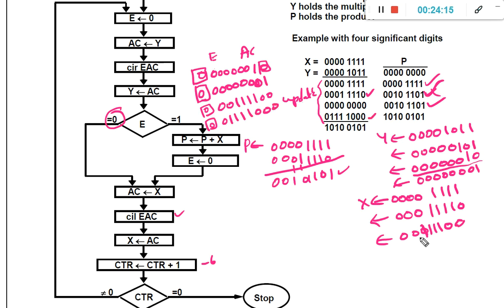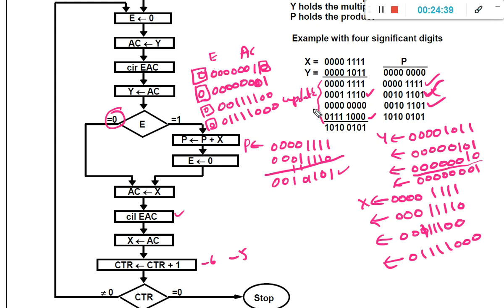So now the updated x value is 0 1 1 1 1 0 0 0. So assign the accumulator to x and increment the counter value. It will be -5. Because it is not equal to 0, once again perform the same steps.